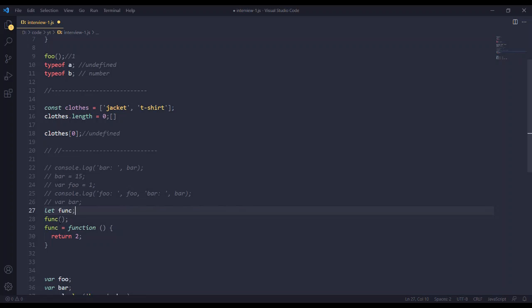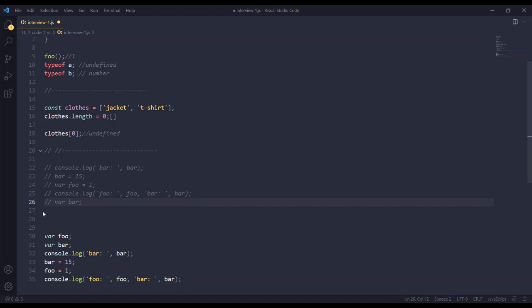So if you call func, it will give you undefined, and after that you define the function with that variable. So always remember, if you see a variable declared with a function defined with it, the variable declaration goes to the top, and only the function declaration goes to the top, not the expression one. After that it executes one by one.